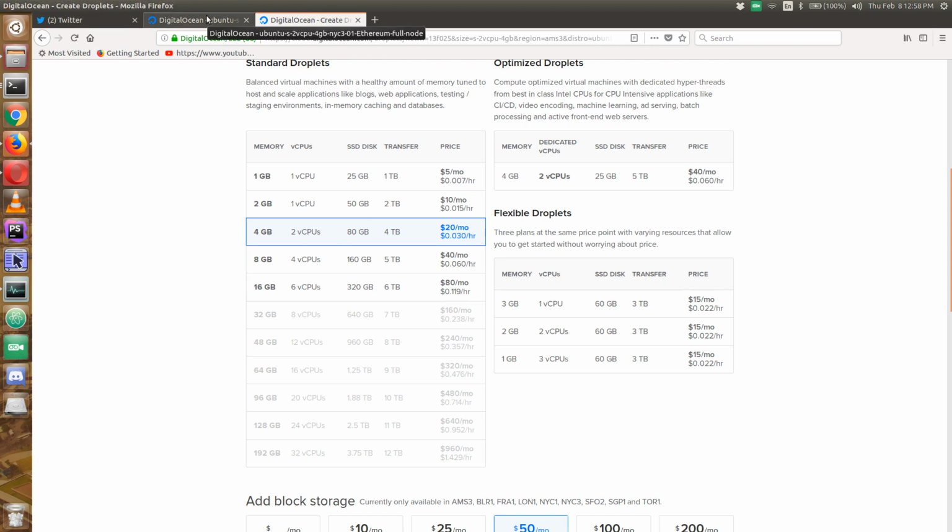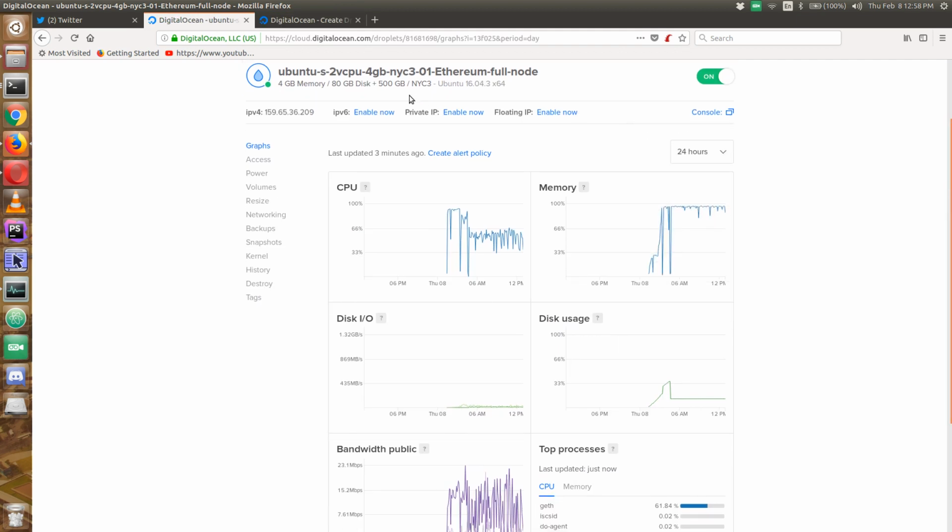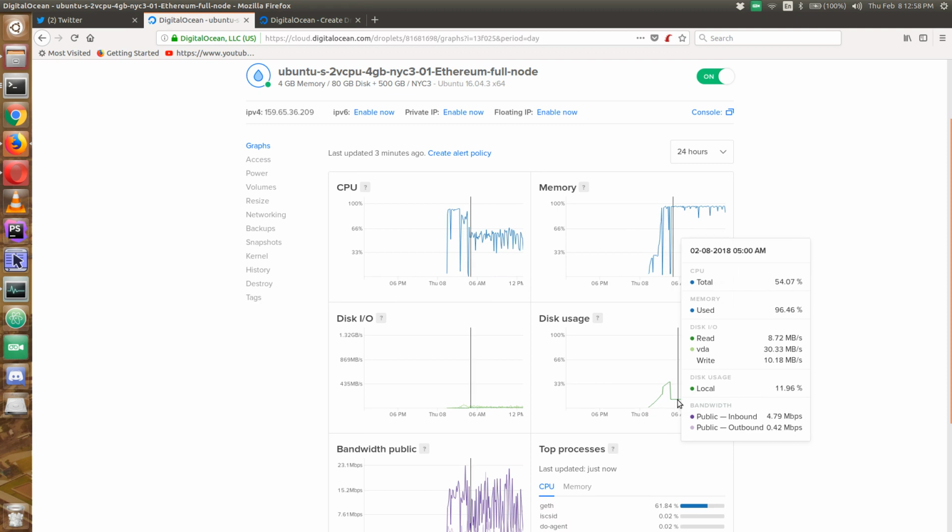So I had to move the database to the 500 GB of storage that I added from the beginning. I had to mount it and move the database to this new partition, and you can see here that this dropped because I removed it from the main partition and dropped